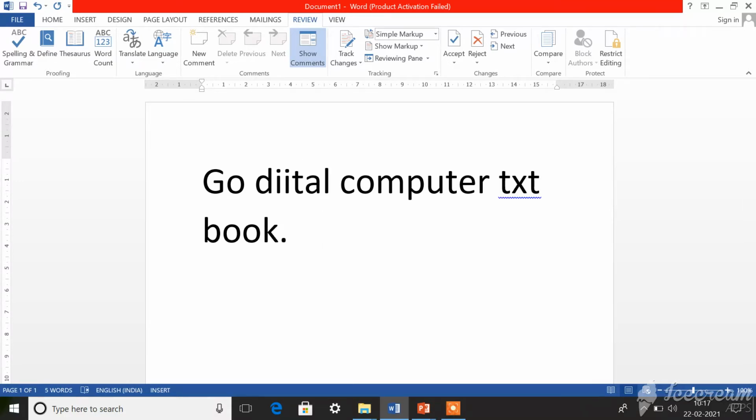Another thing, instead of the proper spelling of digital, I have typed an incorrect spelling. And you can see a red wavy line below the text. So if the wavy line is in red color, then it means that there is a spelling mistake.